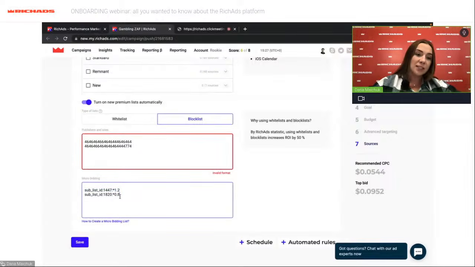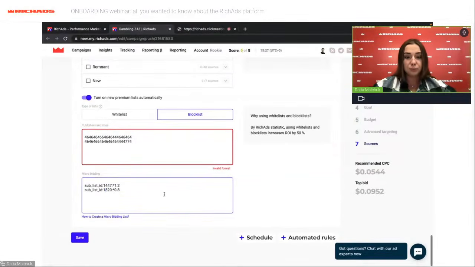And the second example, for this subscriber list, I decreased the bid as the win rate was good, but my CPA was high. For example, let's imagine it was 3.4. And I understand that this subscriber list gave me results, it gave me conversions, but they're expensive. So I shouldn't delete it or turn it off. I can only decrease CPC for it, and it can help me to have cheaper traffic here.